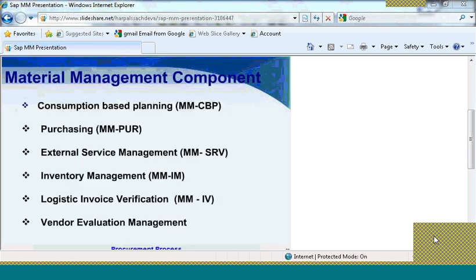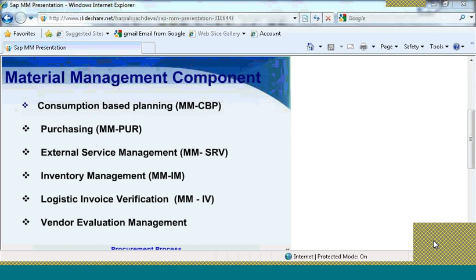Our next slide shows certain components available in the material management module. The first component is consumption-based planning, which is also called CBP. The second component is the purchasing component. The third component is called the external service management.